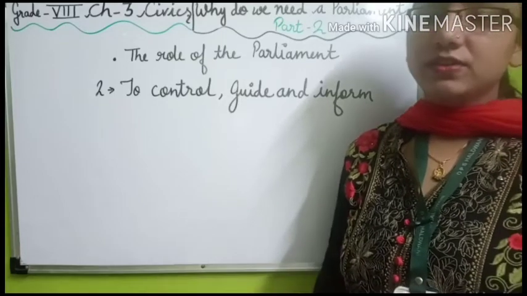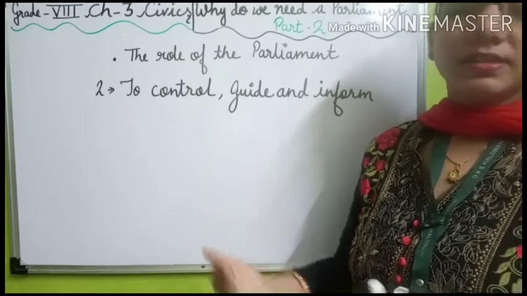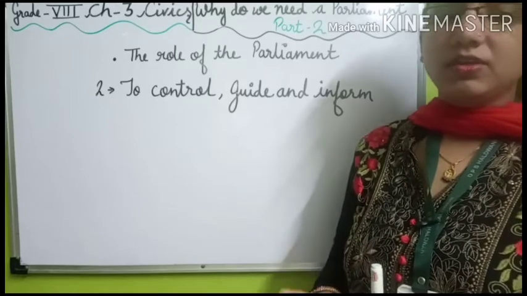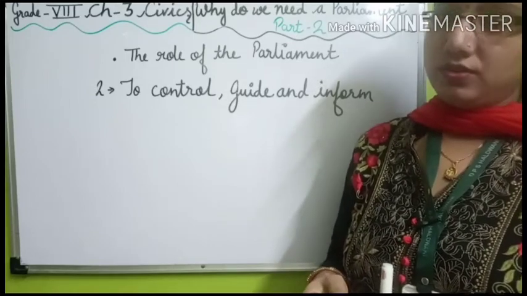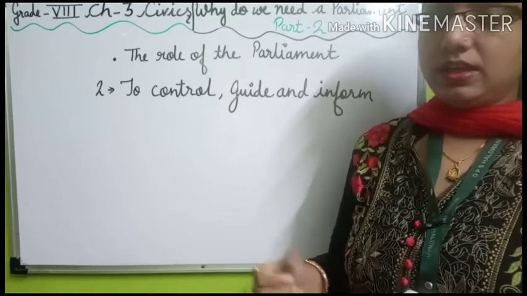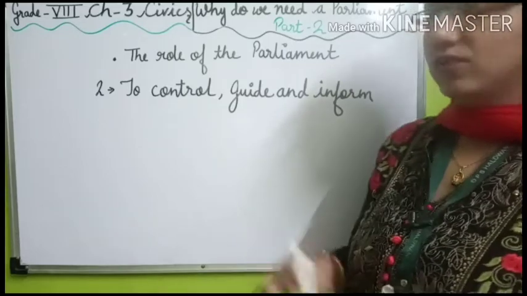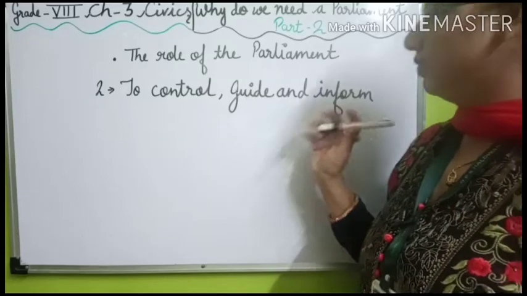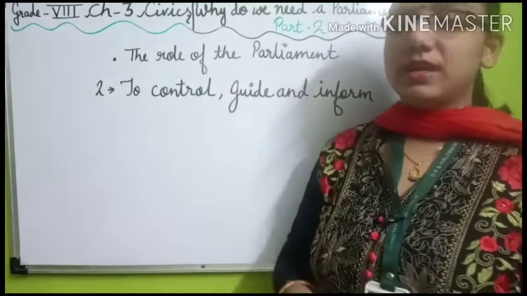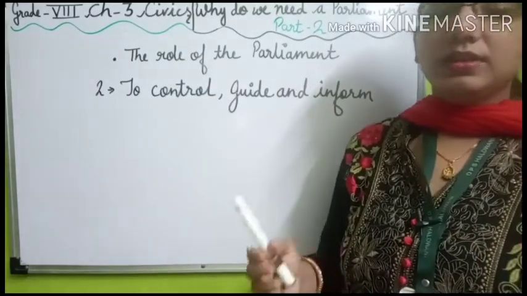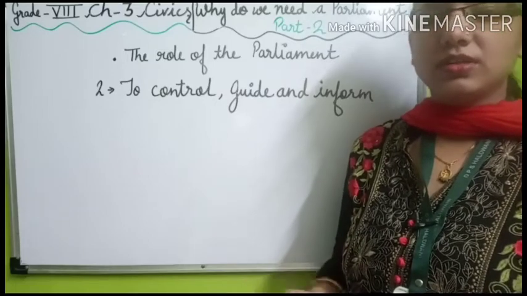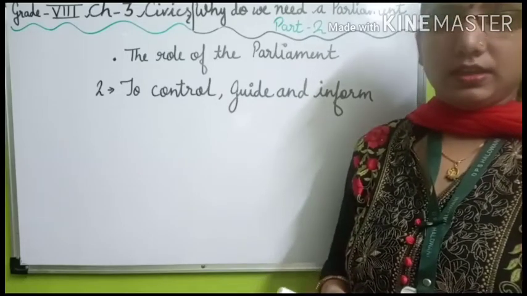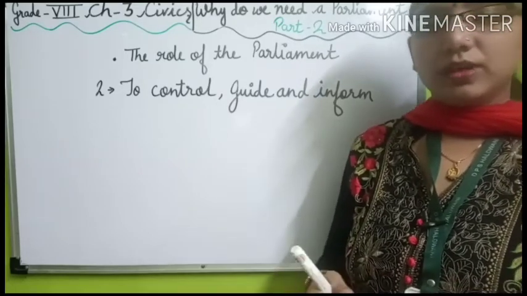The executive is also assisted by an administrative machinery which is called bureaucracy. यानी कि जो हमारी आपकी एग्जीक्यूटिव है उसको भी गाइडेंस किया जाता है, उसको इन्फॉर्म भी किया जाता है और कंट्रोल भी किया जाता है। किसके थ्रू? इसके लिए एक एडमिनिस्ट्रेटिव मशीनरी होती है जिसे कि हम ब्यूरोक्रेसी कहते हैं।